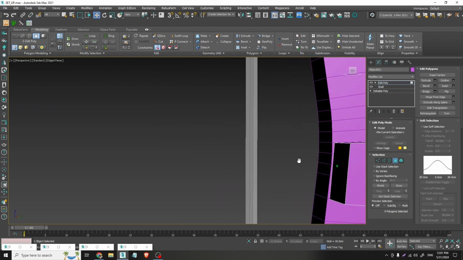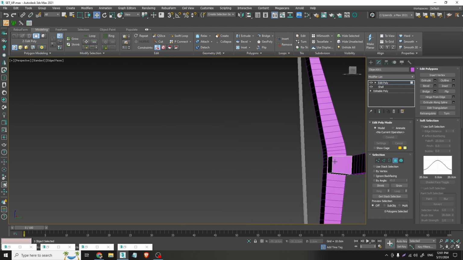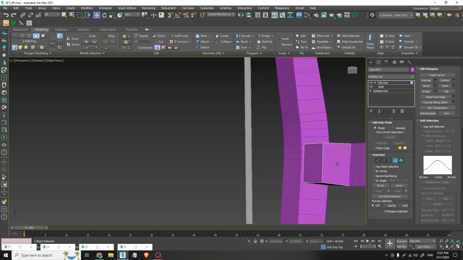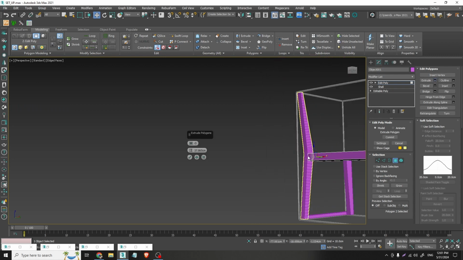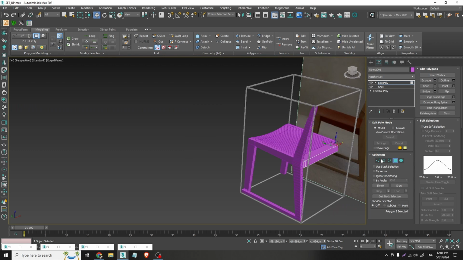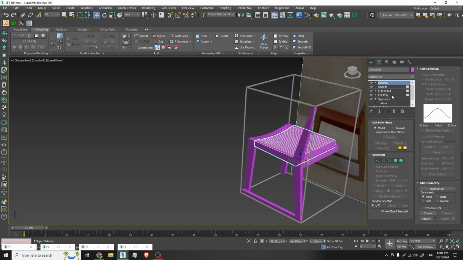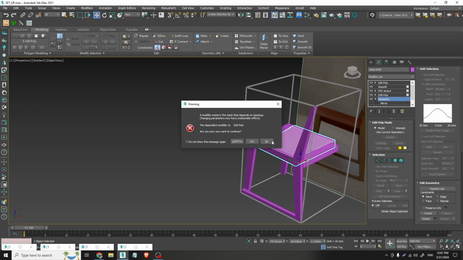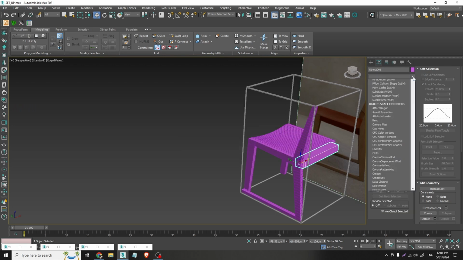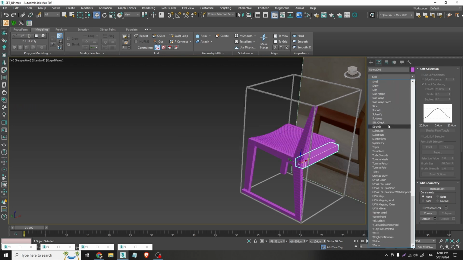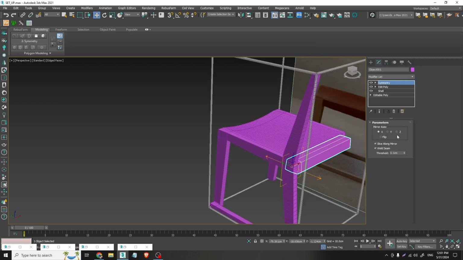And also now let's take this part, extrude this, and I will just apply symmetry. Here we go, set axis,